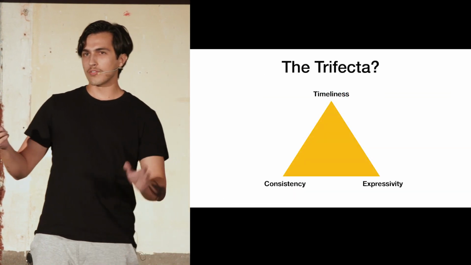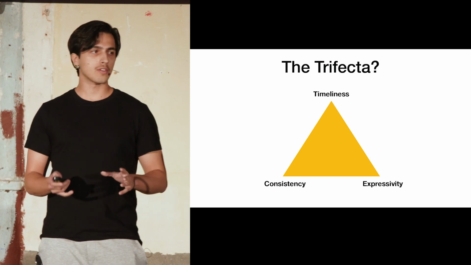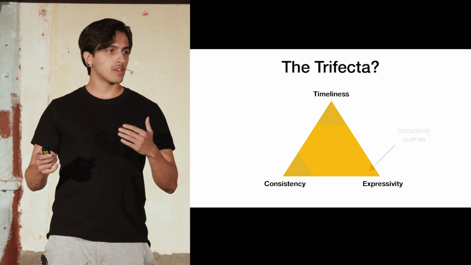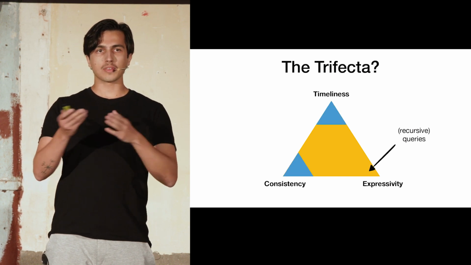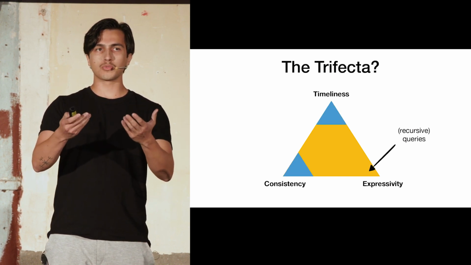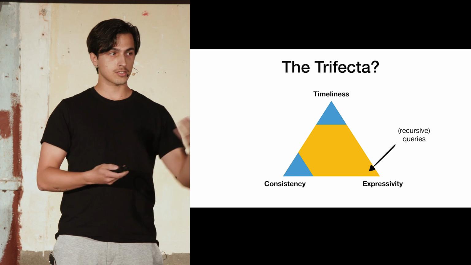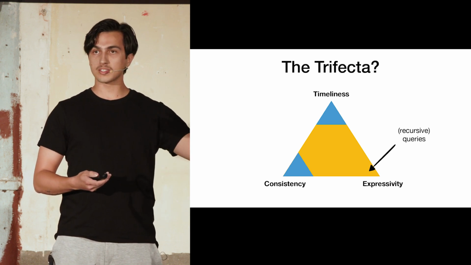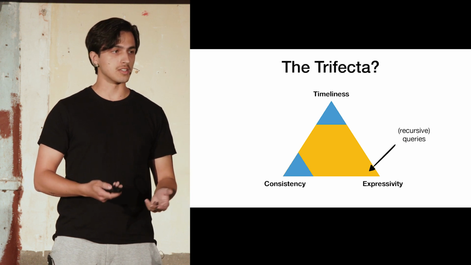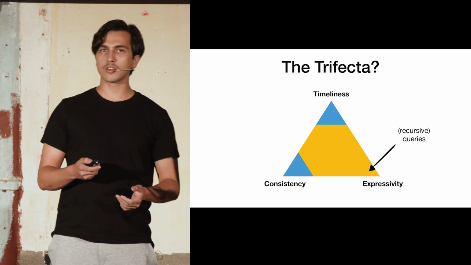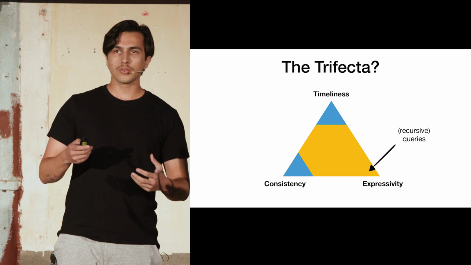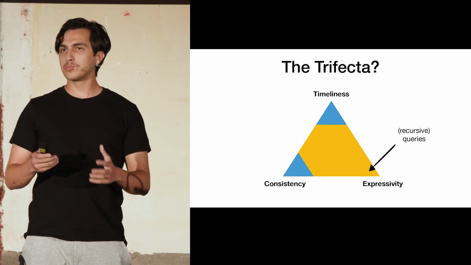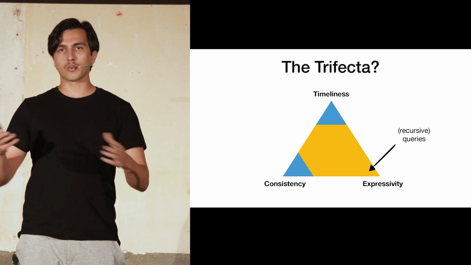And so if we put this into the image of the trifecta that we talked about earlier, what we saw now is how Timely allows us to navigate this trade-off between the speed at which we produce results and our correctness. So we achieve timely results while still providing strong consistency guarantees. And what's missing is the expressivity corner. And we'd argue, if you think of your favorite algorithm, there's probably a loop somewhere in there. And it's the same for queries.